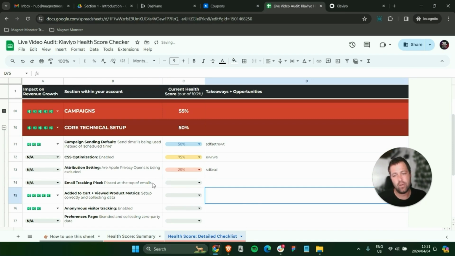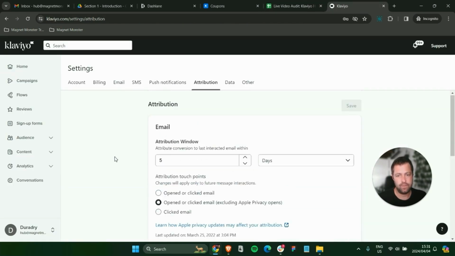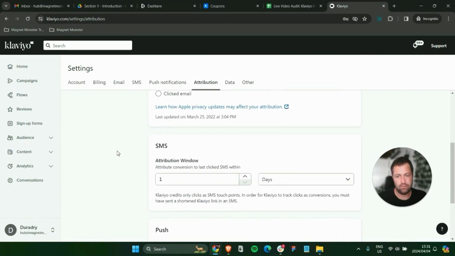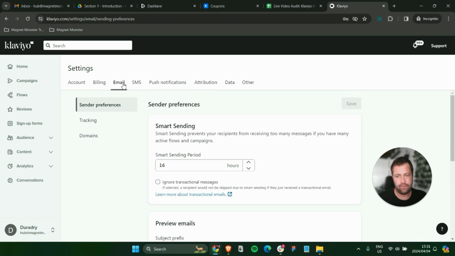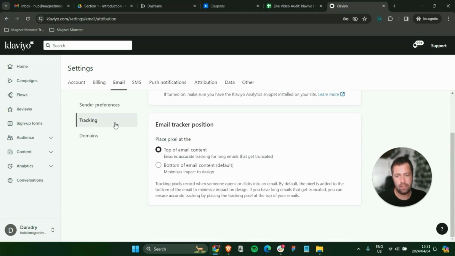Okay, next one is your email tracking pixel placed at the top of the email. So if I go back to email tracking, yeah, email tracker position. So the default is at the bottom of the email content. You want to set it to top of email content, because if you set it to trigger at the bottom